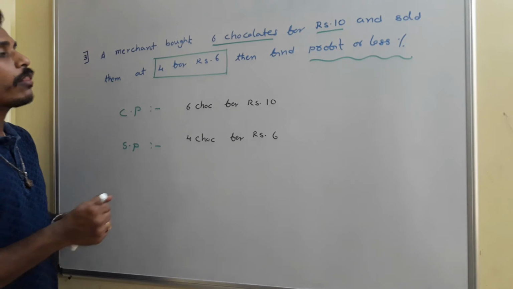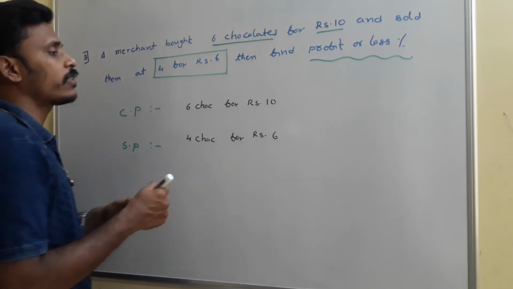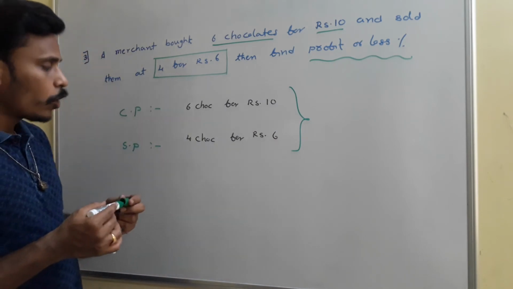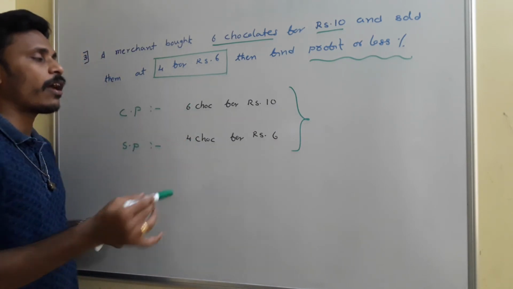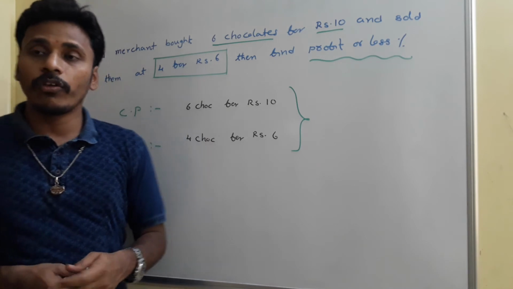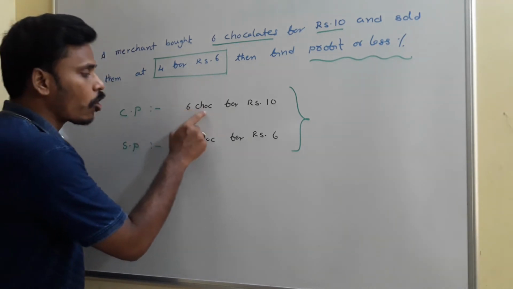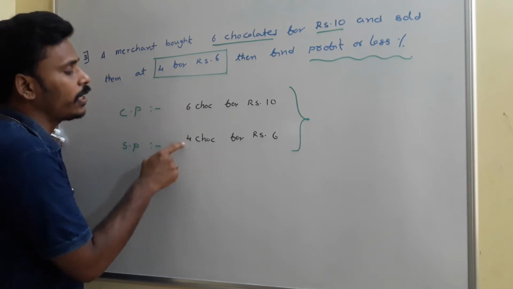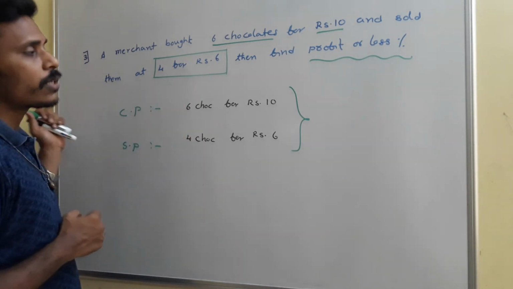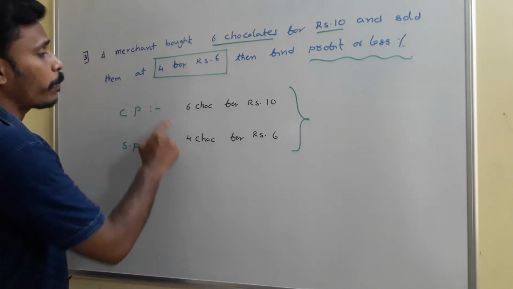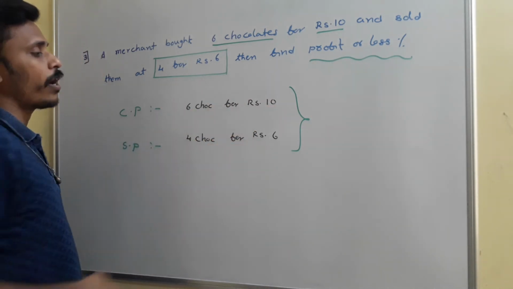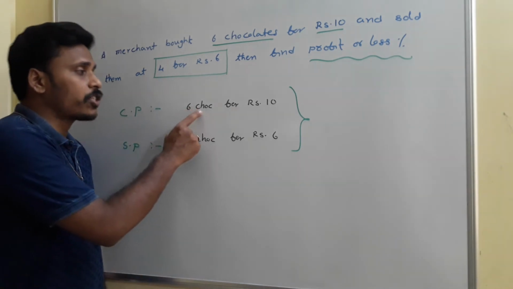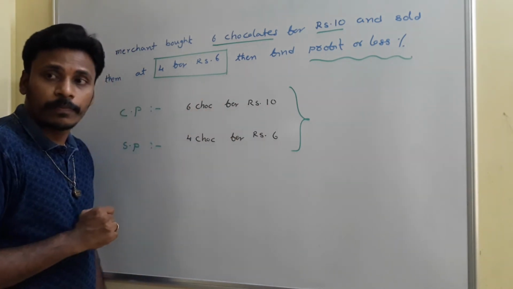So to solve this problem, the next idea is we need to make the number of objects the same. To make the number of objects the same, there are many ways and I am going with the simplest way. Here 6 chocolates and 4 chocolates, just think about 6 and 4, what is the common multiple for these two? That's one idea. Or otherwise you just multiply these 2 items with 4 or with 6, that also works. See, what I am going to tell you is 6 chocolates are for 10 rupees.